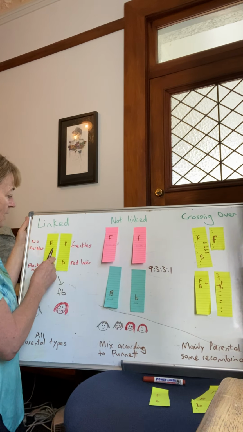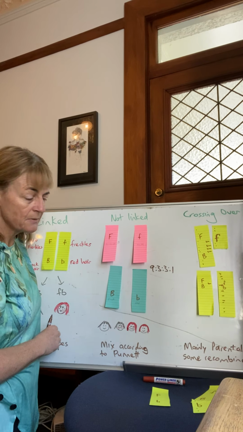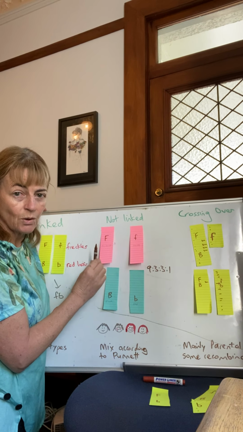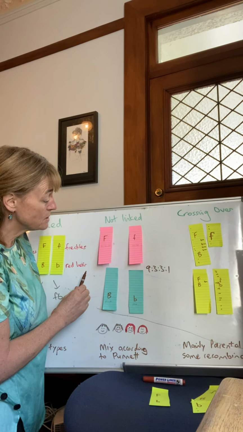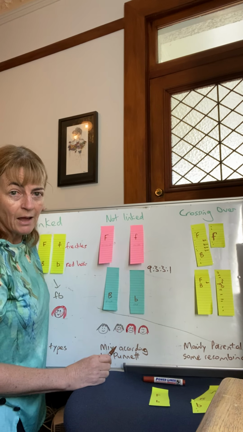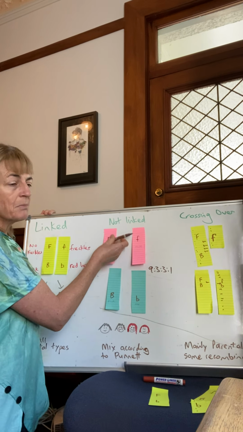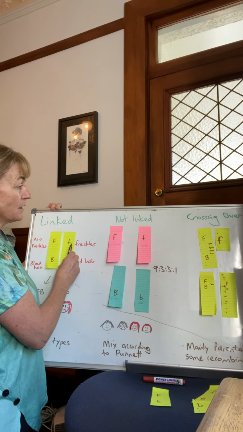So just remember, if they're linked, they're on the same chromosome, they'll be inherited together, you'll just get parental types. When you do your dihybrid cross, you're doing non-linked genes on different chromosomes, so they can assort independently. You'll get your expected ratio in your cross. If you get something different, the explanation is, instead of them being not linked, they were actually linked, but they